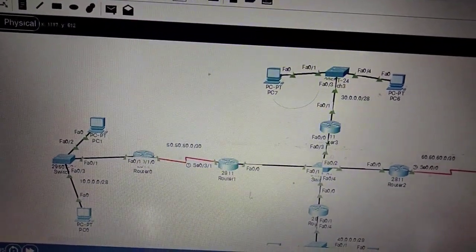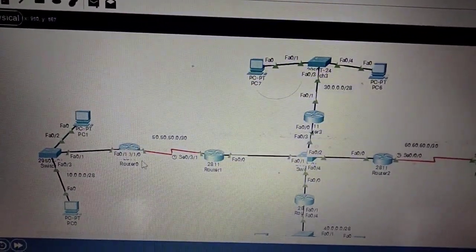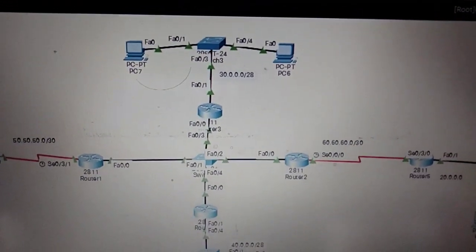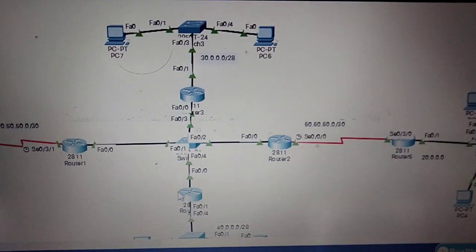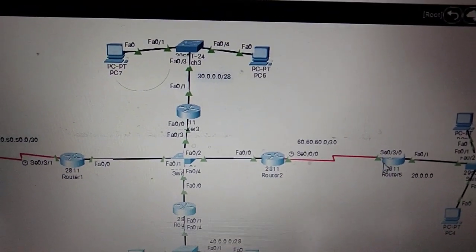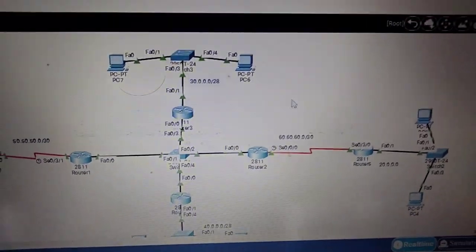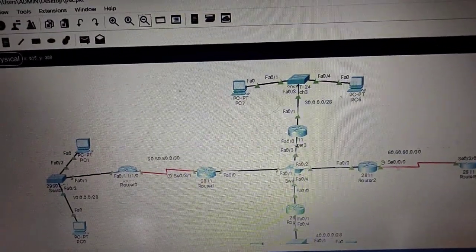Here I have taken router 1. This is router 0 and this is router 1. This is the main switch, and this is router 2, this is router 3, this is router 4, and this is router 5. I have taken 5 routers and 8 PCs.